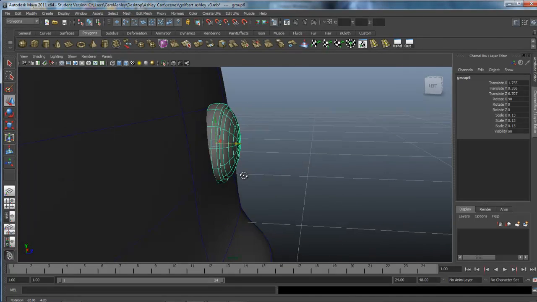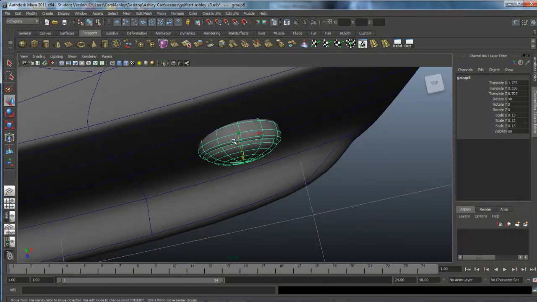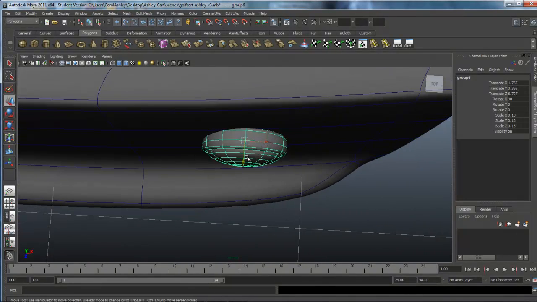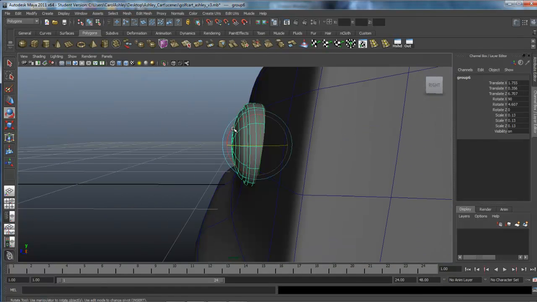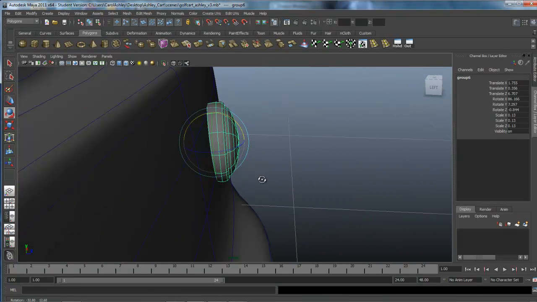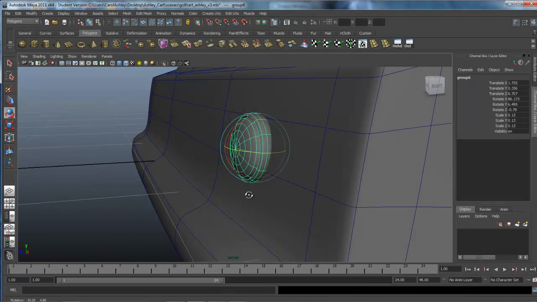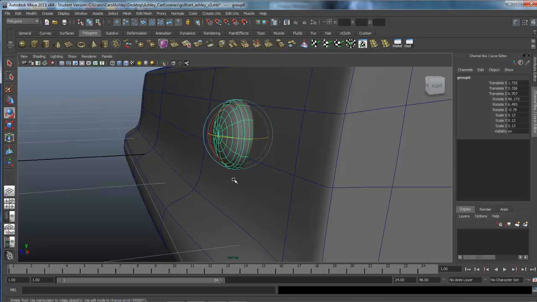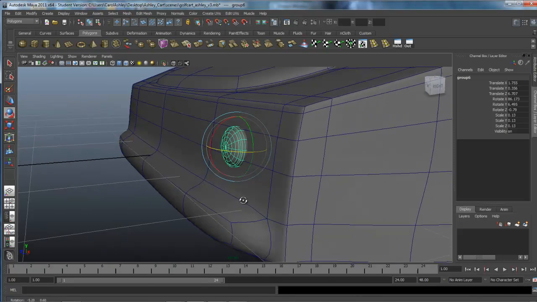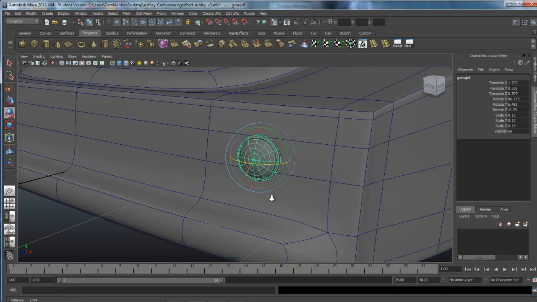Well, we've got another curve going this way, so we're going to have to modify. I think what I'm going to do is just cheat a little bit and angle the whole headlight out a little bit like that, and maybe rotate it up a little too. Okay, so just go ahead and spend a little time shaping that so it fits the curvature of the front. And once you've done that,